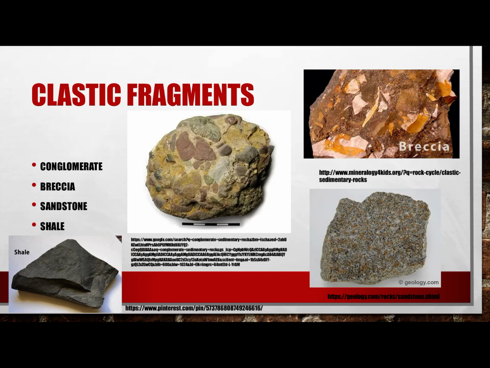The fragments are used a lot to classify sedimentary rocks. So conglomerate's a good example here. If you look at the pieces here, they're generally rounded. They have a round structure. There's a few exceptions, but most of them, they're larger than 2 millimeters in diameter, and they're rounded. They don't come to sharp points. Breccia, on the other hand, is very different. These are almost all angular. These are sharp angles, and that's one way to classify them.